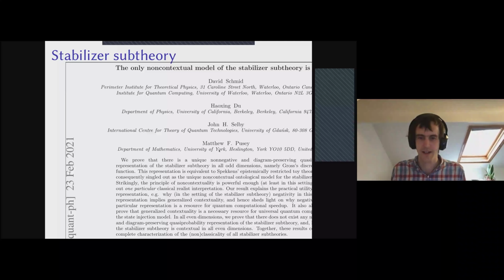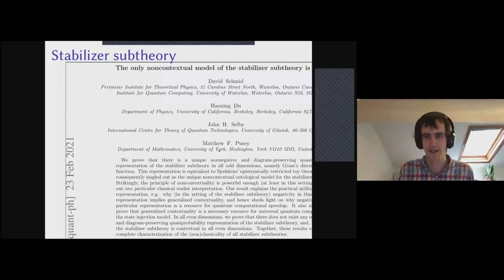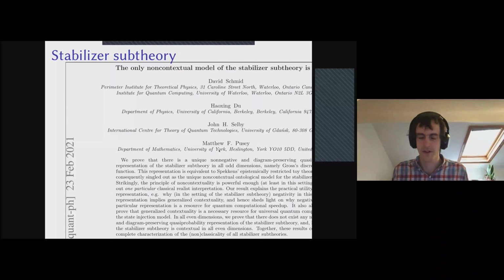Okay, so that's a subtheory that's used in quantum error correction and stuff like that, where the states are eigenstates of Pauli operators, transformations of Cliffords, etc. So we can apply our theorem to that and constrain what the non-contextual models of it look like using our structure theorem. And then once you've gone from the zoo of possible models you might have started with down to these ones that use exactly d squared ontic states and have this very constrained form,